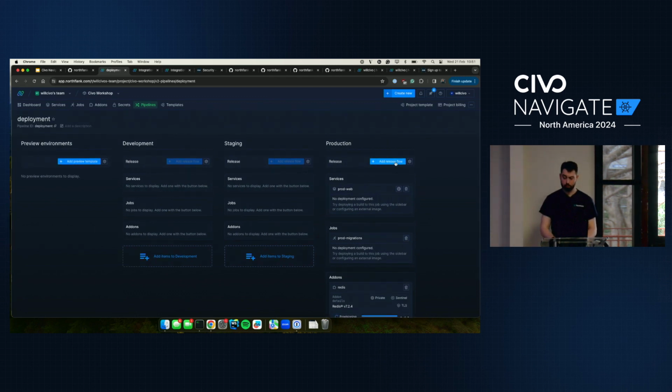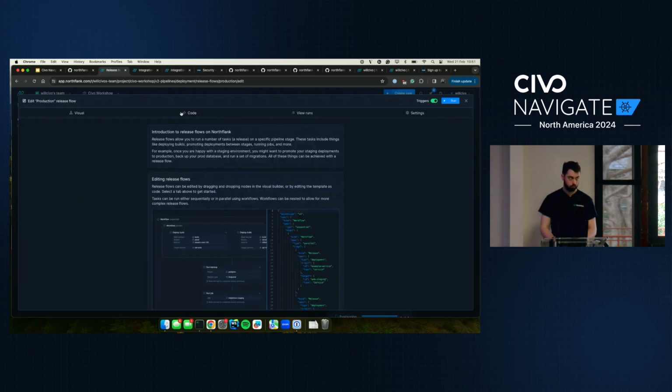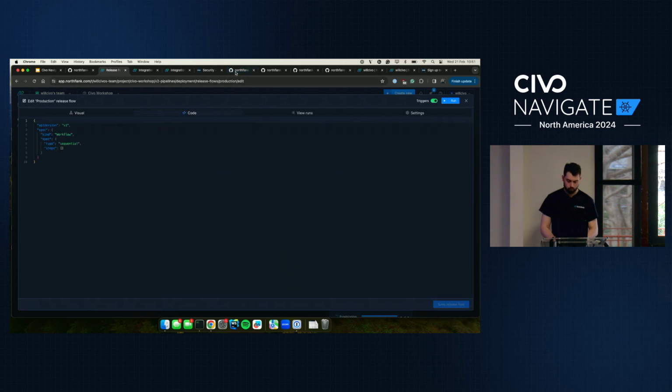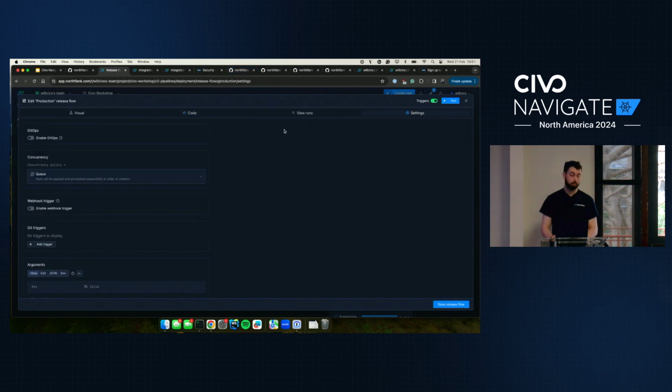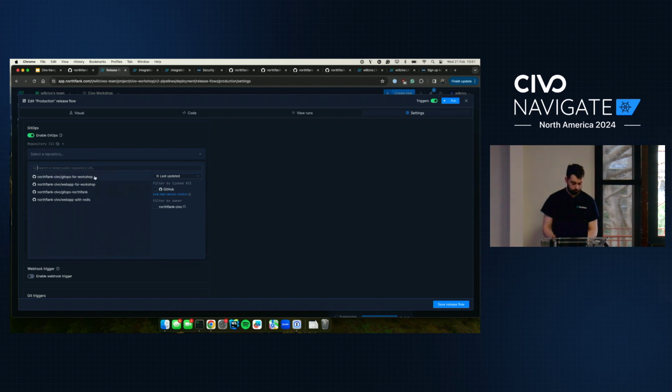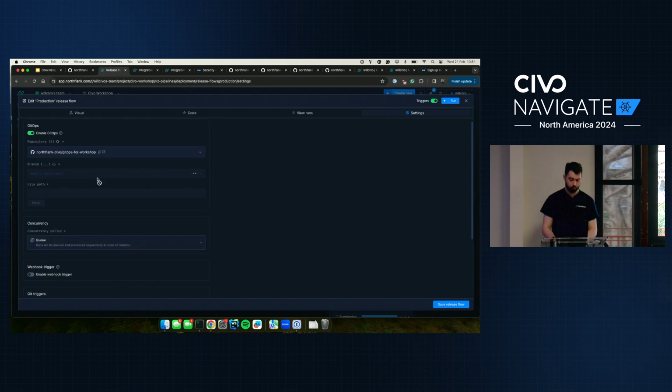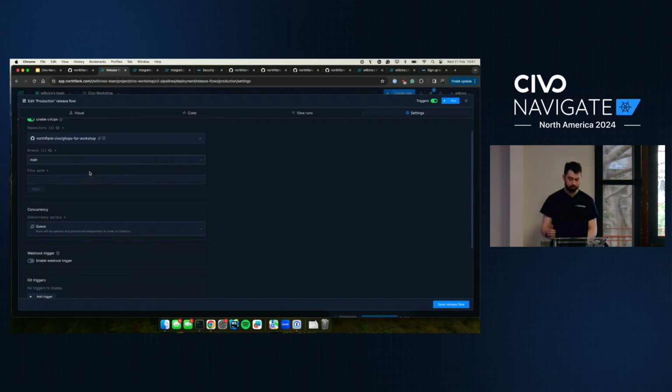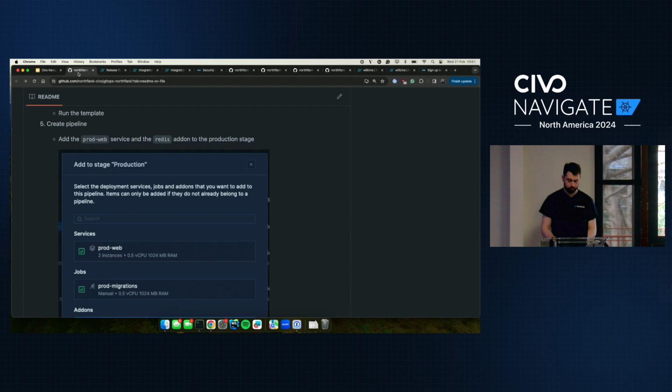We can now deploy to production by clicking Add Release Flow and clicking on the code view. We can now copy and paste. We don't actually need to copy and paste because we're using GitOps for this particular feature. So you can navigate to the settings page, enable GitOps, select the repository, which for the purpose of this was the GitOps for Workshop repository. Main branch is selected by default, and there's a file in